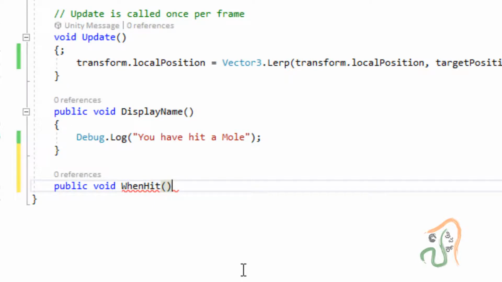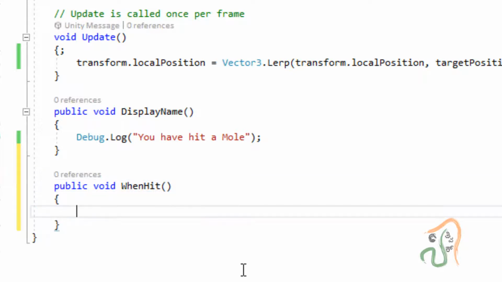Then add a curly bracket, and between these curly brackets we have to declare what should happen when the mole is hit.